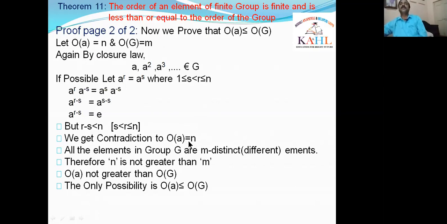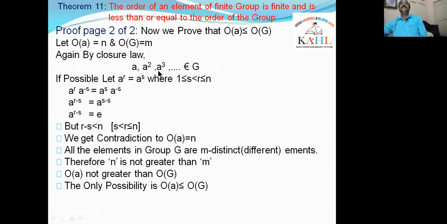Because the order of A is equal to N means A power N is equal to E, where N is the least positive integer. That means N is the least positive integer where A power N is equal to E. Here also A power R minus S is equal to E, but R minus S may not be a smaller one, because N is the least one. But here R minus S less than N is not possible. That's why